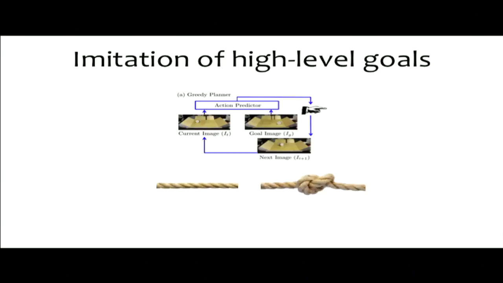And so you can imagine, what if the robot was given an initial image of an untied rope and a final image of a tied rope? There's definitely no single action that can get you from an untied rope to a tied rope. So this sort of approach isn't going to work because it can't plan a sequence of actions to try and get to the tied rope. What this follow-up paper is trying to address is, can we get sub-goals for how to get from the initial state to the last state from a human demonstration?